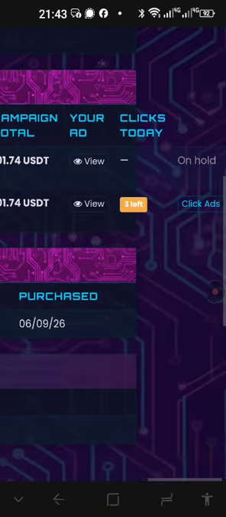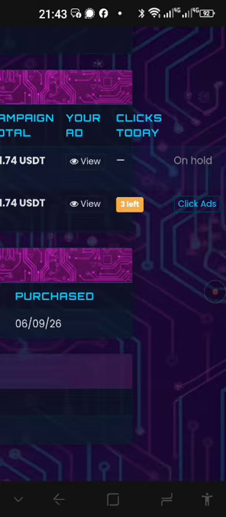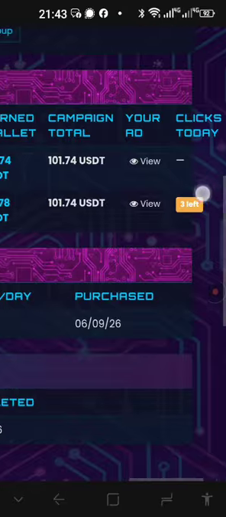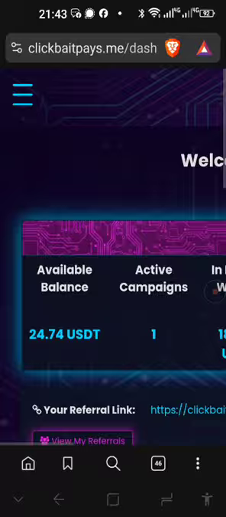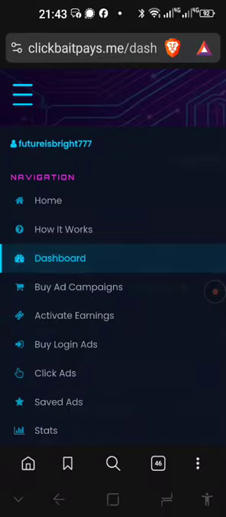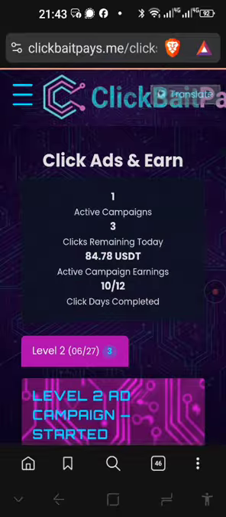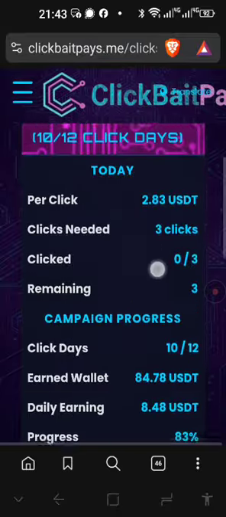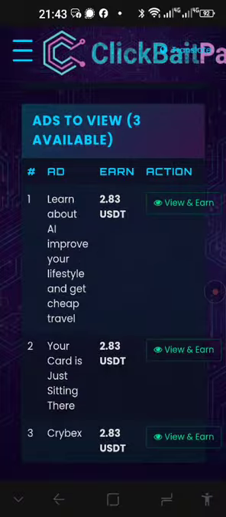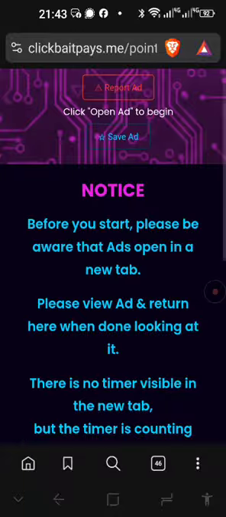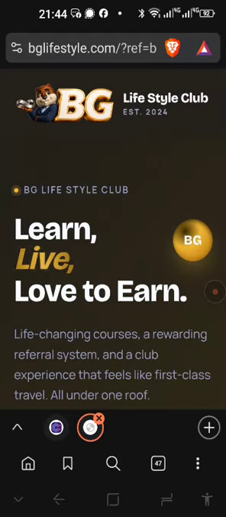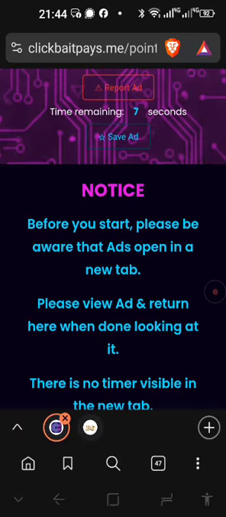Now we're going to go to, you can scroll to the right, you see there's click ads there, you can press there, or you can go to the 3 lines at the top and click ads on that one there. It will take you to the same page, and then you just scroll down, you will see your ads here. You're going to view the ad, scroll down and open. You can notice it opens in a new tab here at the bottom. So you just leave it open, and then when you return to the other one, it will give you a timer. You can see there's the timer at the top, it's counting down.